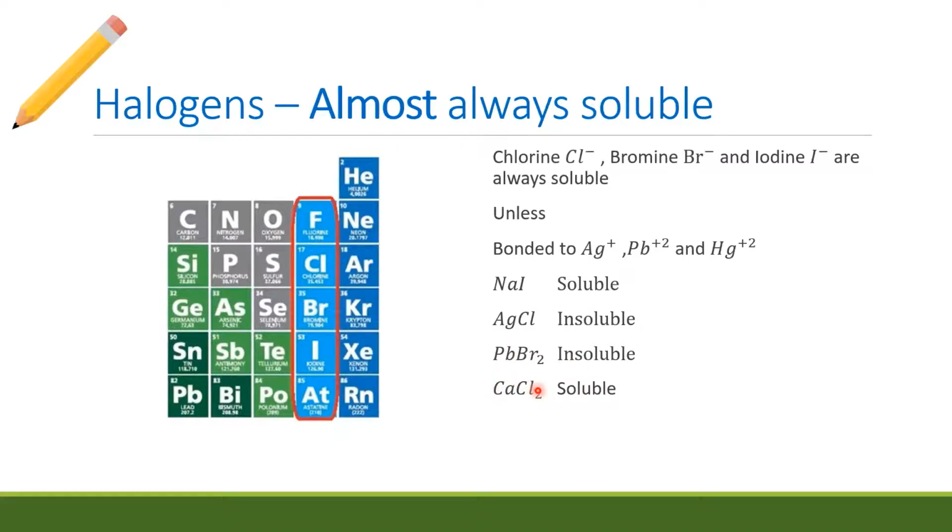Calcium chloride. Well, is calcium one of the banned substances? No. So therefore, it's soluble. I don't know how you want to check these. You might want to see, once you see I, Cl, Br, check the other one. If it's a banned substance, so Ag, Pb, or Hg, it's insoluble. But if it's not banned, if it's Ca, if it's magnesium, if it's,